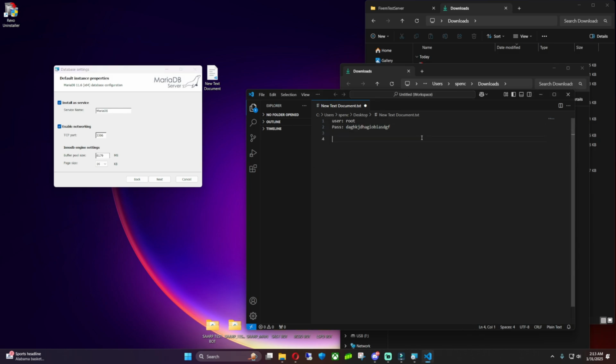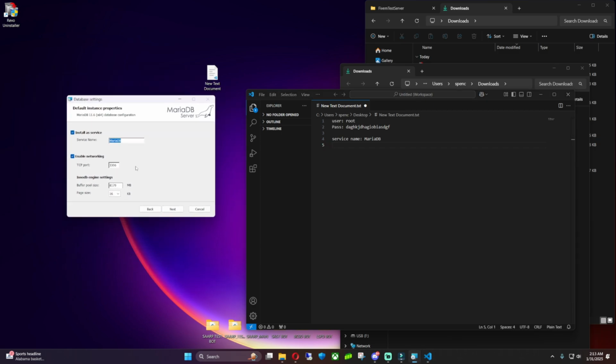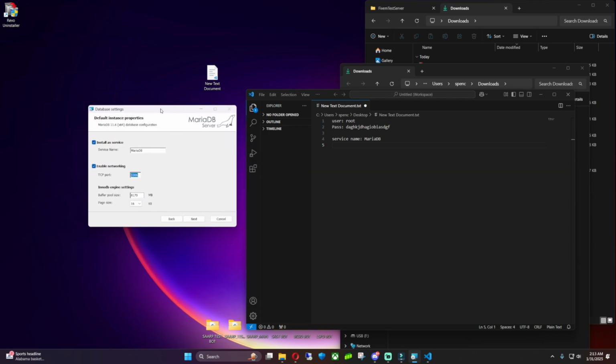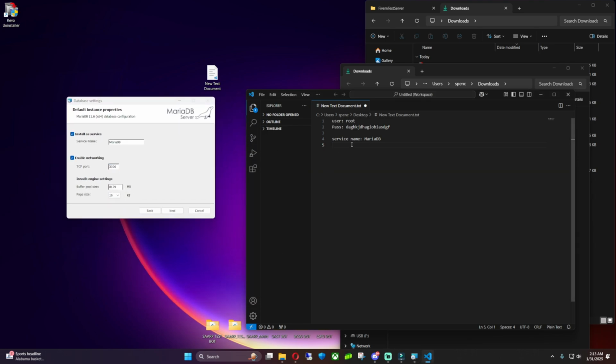Now I like just to write this all down. Service name, you don't have to, but I do. And then for your port, this is what I'm saying with XAMPP, you can't cross-read these unless you're using a different port number, which you can do. You could use 2 different port numbers, but personally I think MariaDB is just better. So port is going to be 3306,